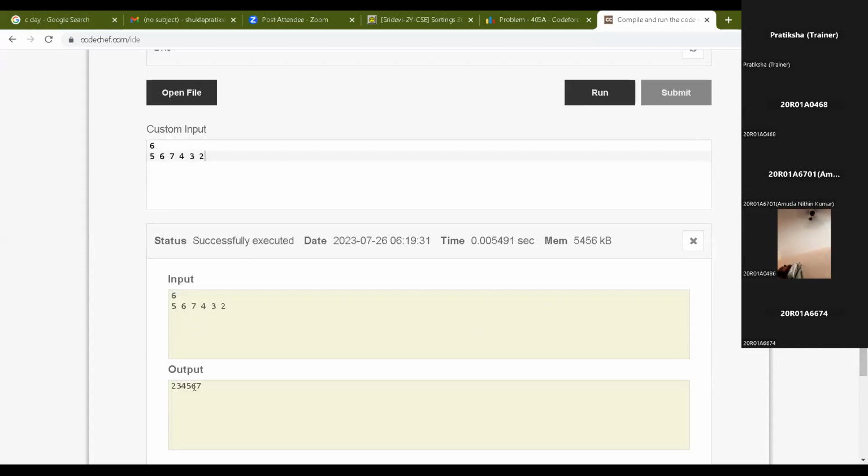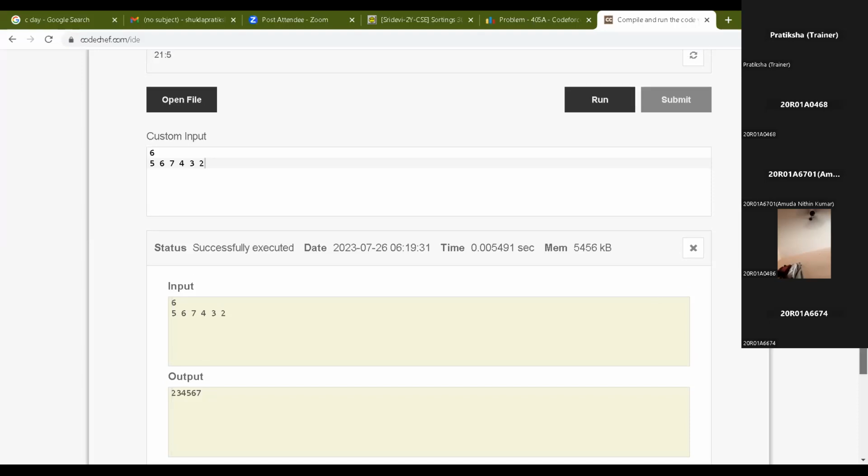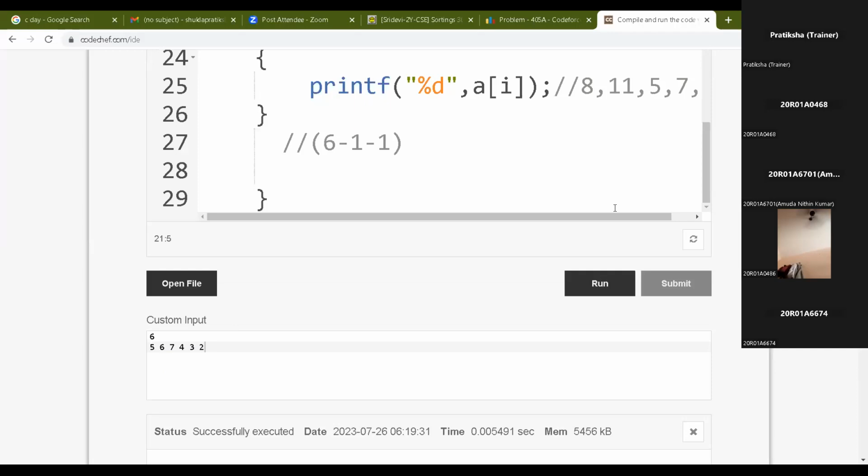See, the elements are coming in sorted order. 2, 3, 4, 5, 6, 7. We had taken 5, 6, 7, 4, 3, 2. So this is the logic for sorting. I'll post it in the group. If anything is not clear to any one of you,